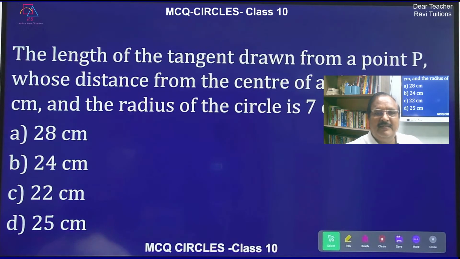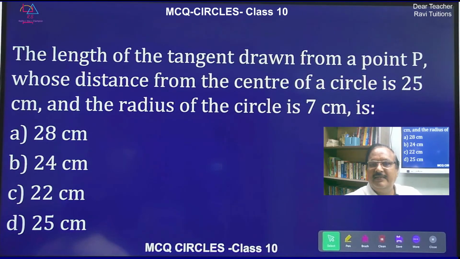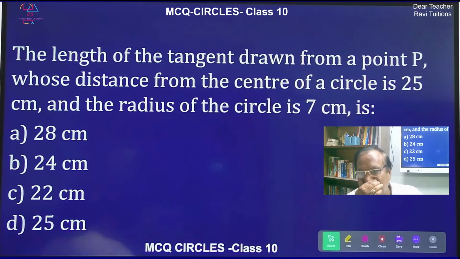The length of the tangent drawn from a point P whose distance from the center of the circle is 25 centimeters, radius is 7. This we have just now done in this class only. 625 minus 49, 576. So the answer must be